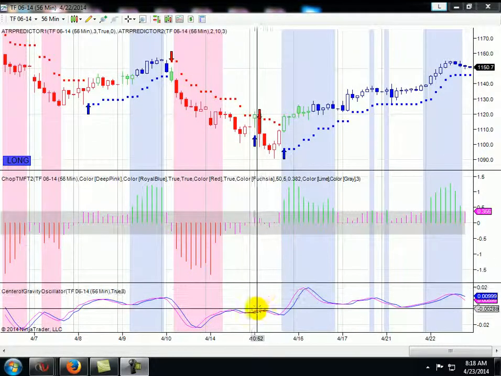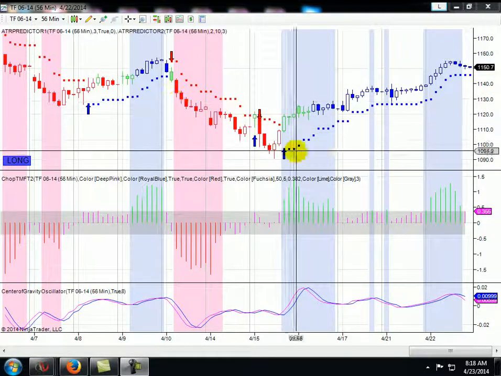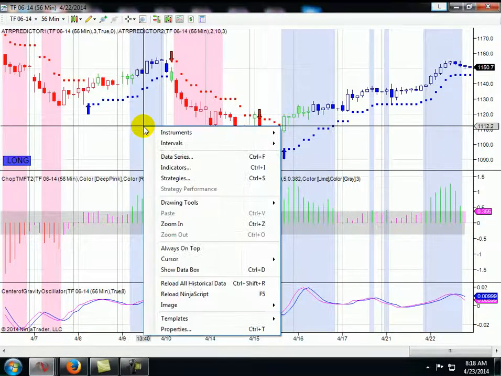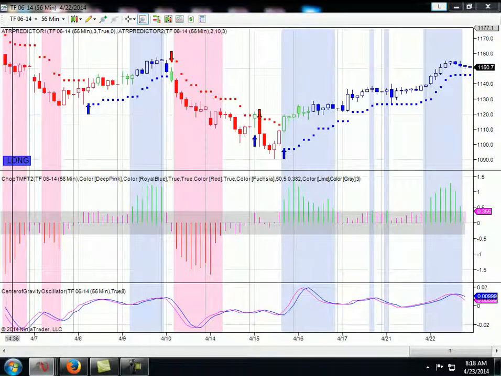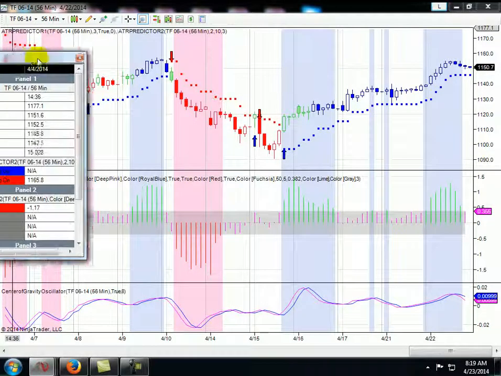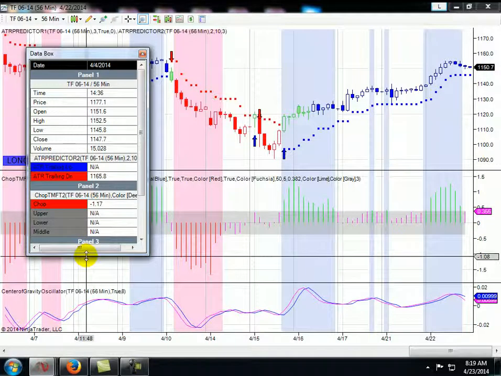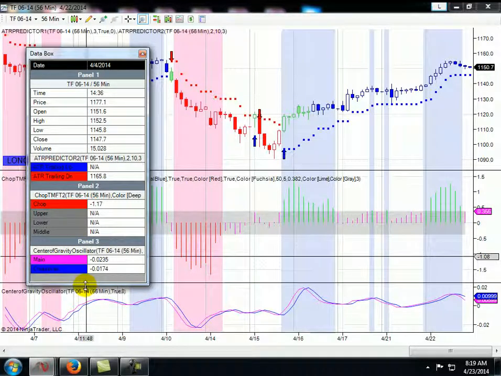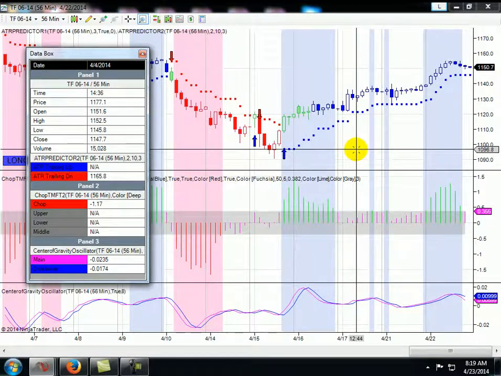So to see the numerical values for this chop meter or any other indicator for that matter, you just right click on the screen, go to show data box, and click on that. I'll have to drag it here on screen as it populates on another monitor, and size up the box here, and you can see the